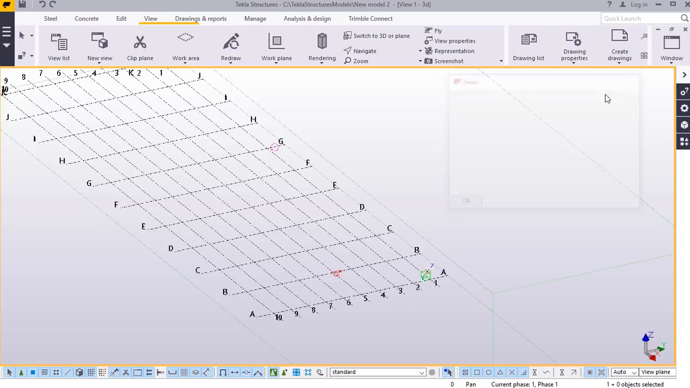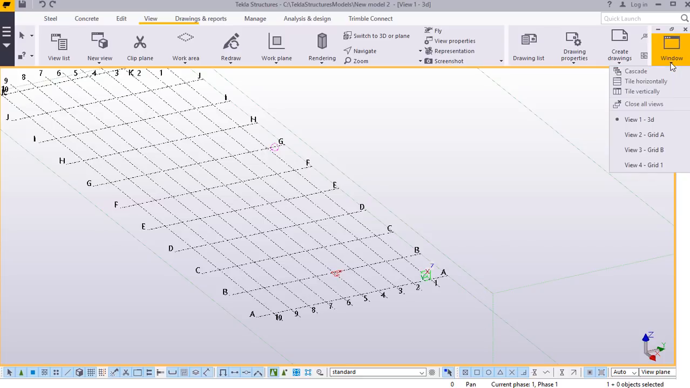There I'll just close everything. Then I'll switch to my elevations, where I'll start placing my columns and my curved rafters, and I'll go on to the very last minute. Now I'll switch back to